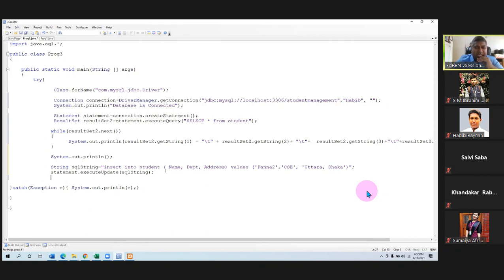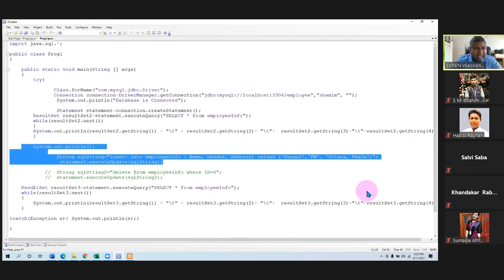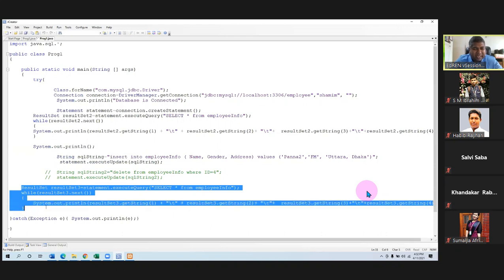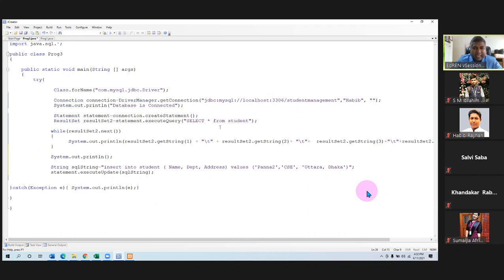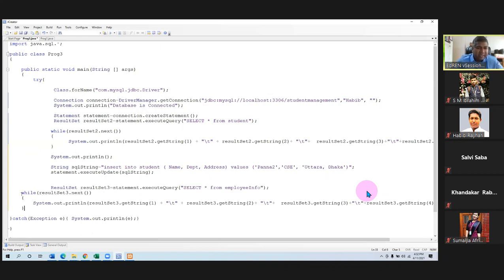When the query updates the tables, we can see again what results we have. So we can take the result set. We can take the SQL query again and run it again, like select all, so that we can see whether the update has been done or not. So we can execute again the result of this one, and